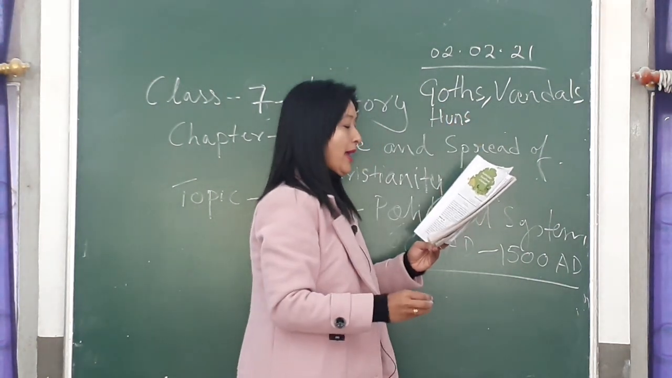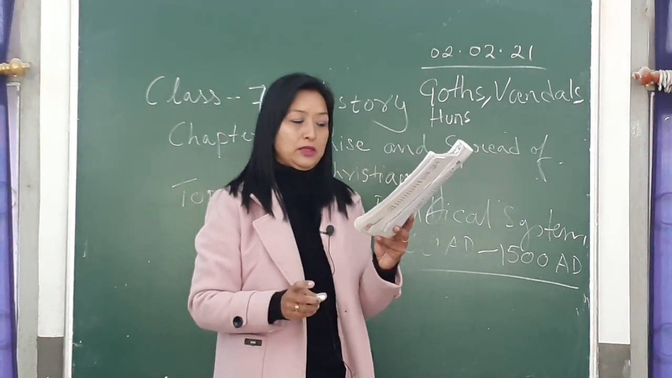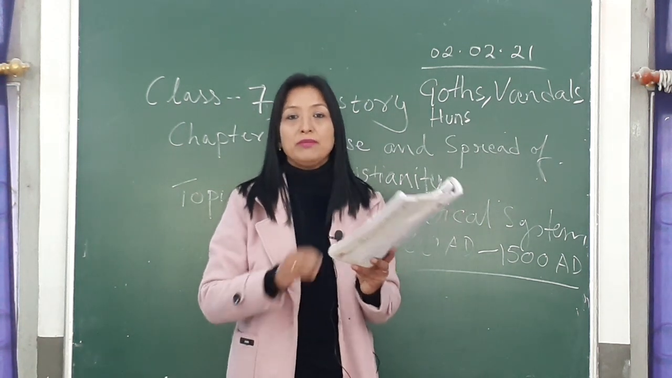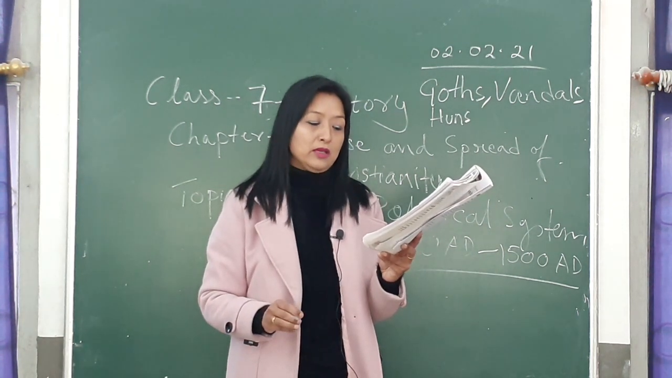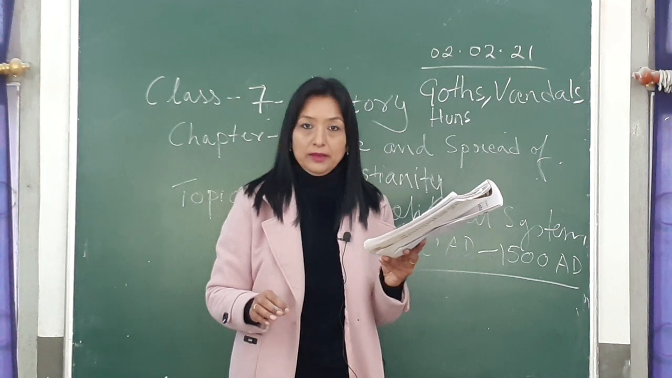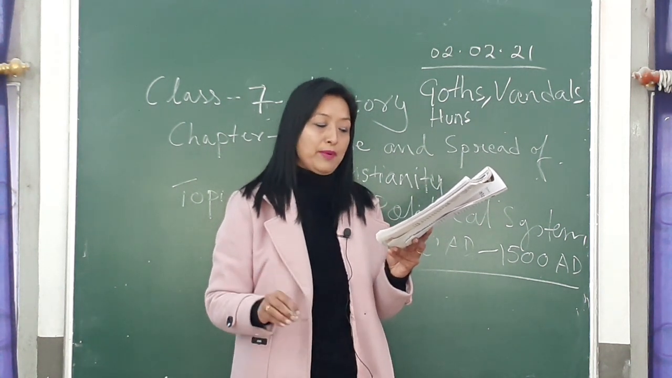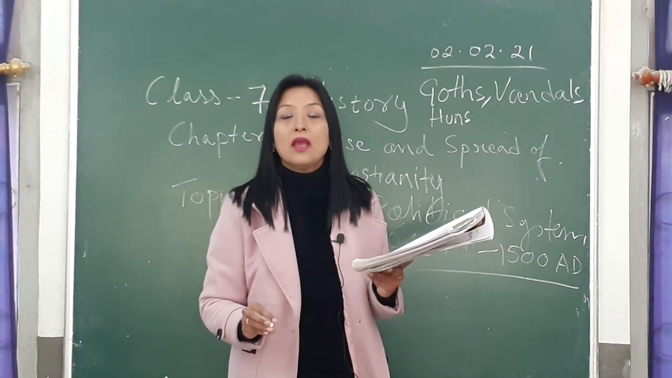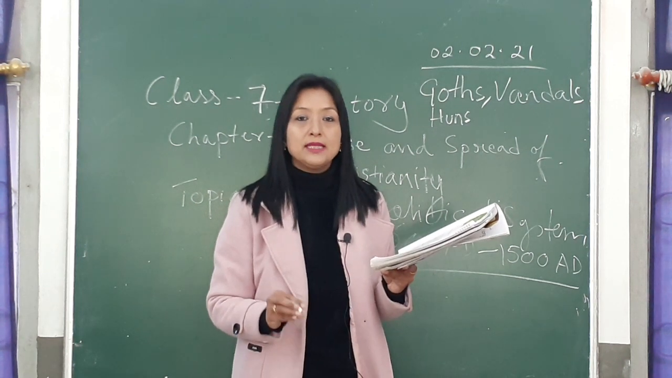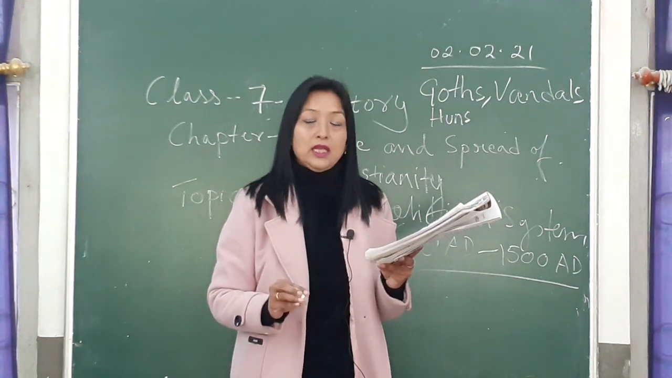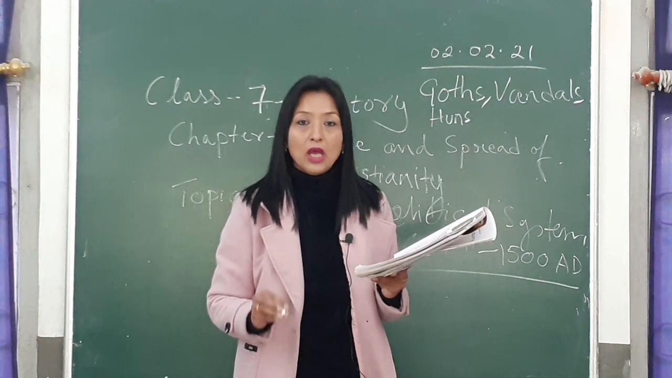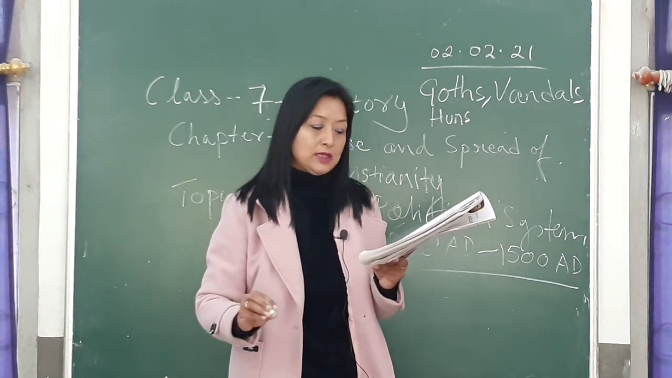H-U-N-S, Huns. But the Roman Empire was Western and Eastern. The Western Roman Empire totally declined, but the Eastern Roman Empire still continued to exist and was known as the Byzantine Empire. B-Y-Z-A-N-T-I-N-E, Byzantine Empire. The Eastern Roman Empire was known as the Byzantine Empire, which continued to exist till